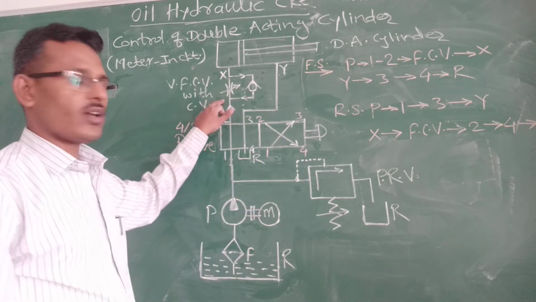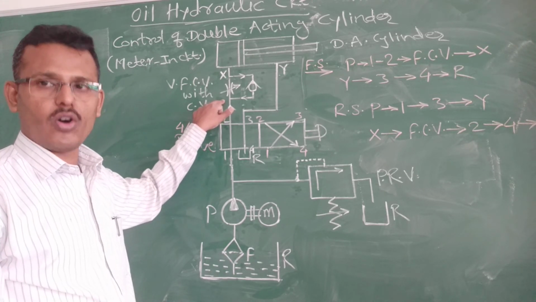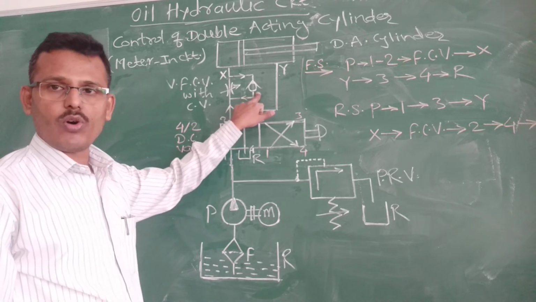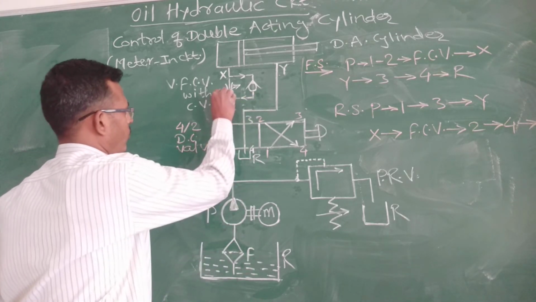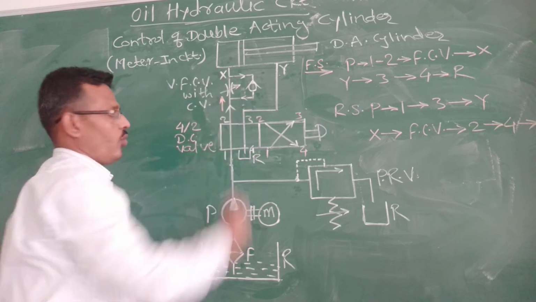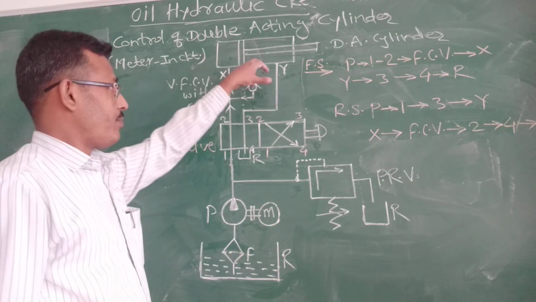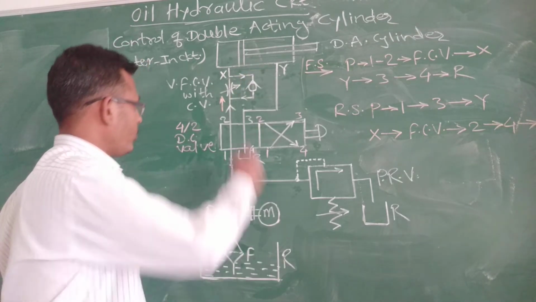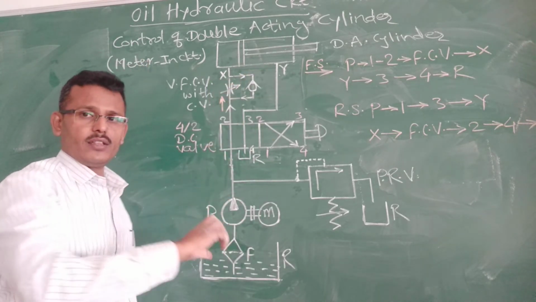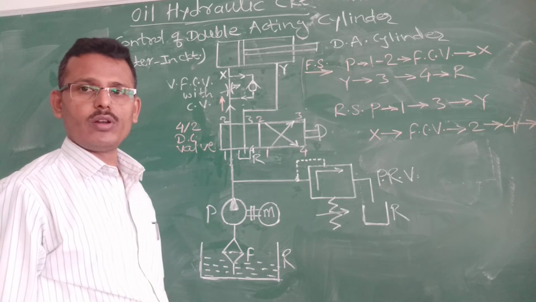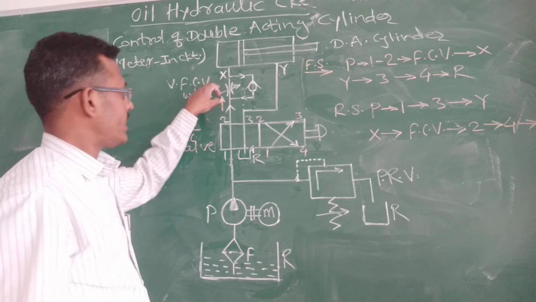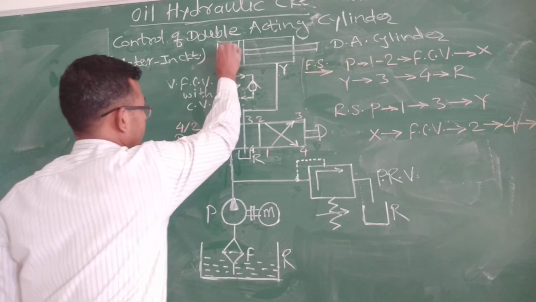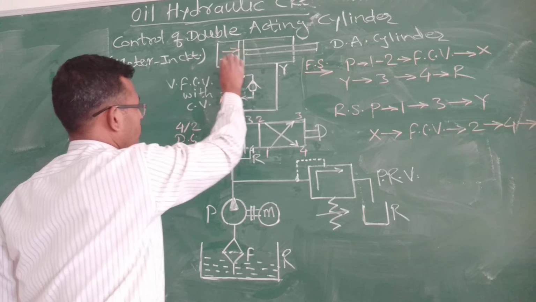Okay, so here we can control the flow rate of the oil. It does not flow through this check valve. It can flow from port 2 to the flow controller. If there is a demand for the maximum speed of the actuator, at that time we can maintain the maximum opening of the flow controller. So what happens? Maximum quantity of oil will flow through this flow controller and